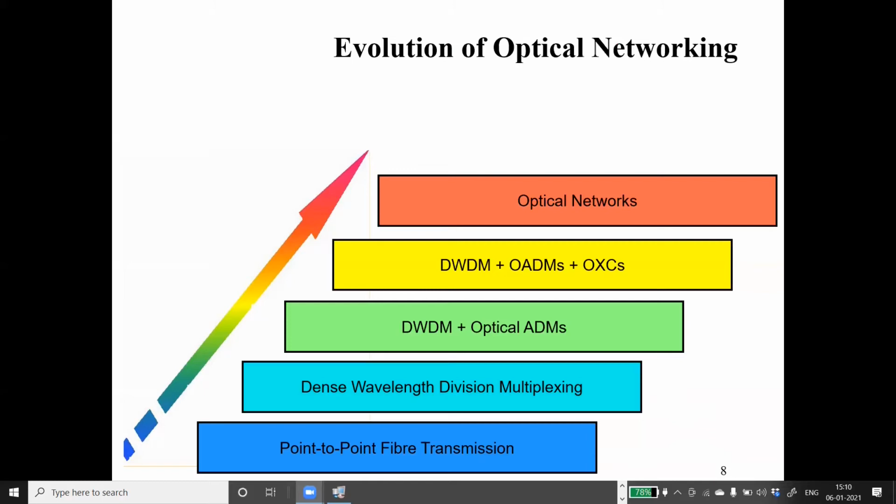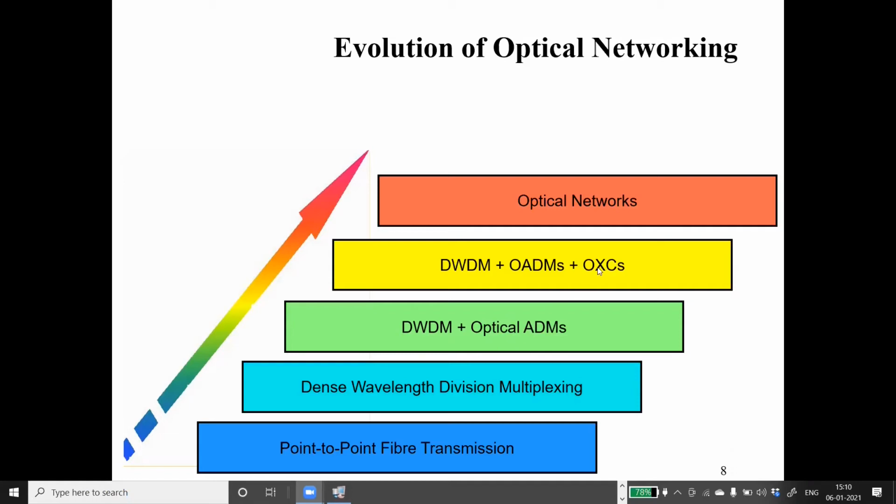That wavelength division multiplexing was used for transmission of signal. Now, along with that, with the development in the components, that is all optical components as I was talking about, came optical ADMs, or add drop multiplexers, where at any point we can add the signal or drop the signal. With the added complexity, this could support a large amount of information and support your network. Then this was only limited to drop and add.